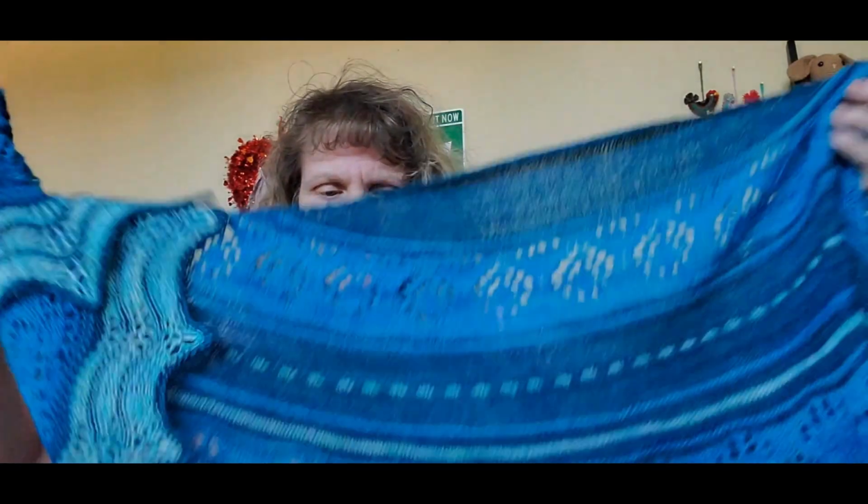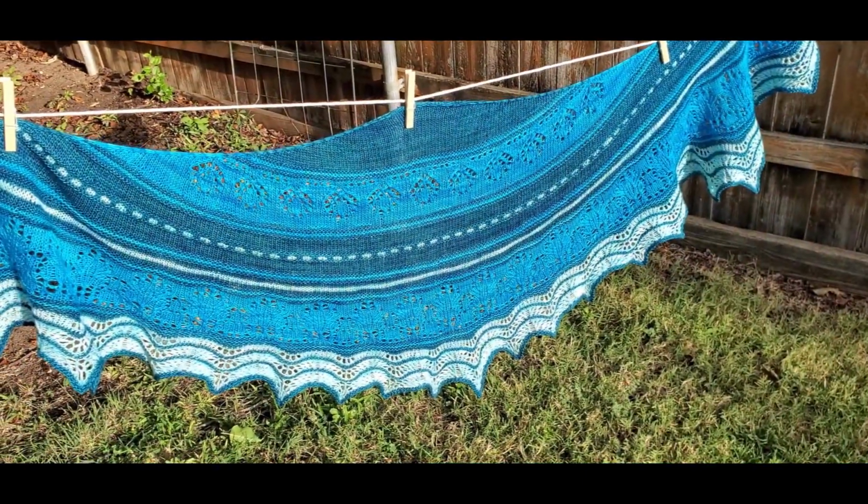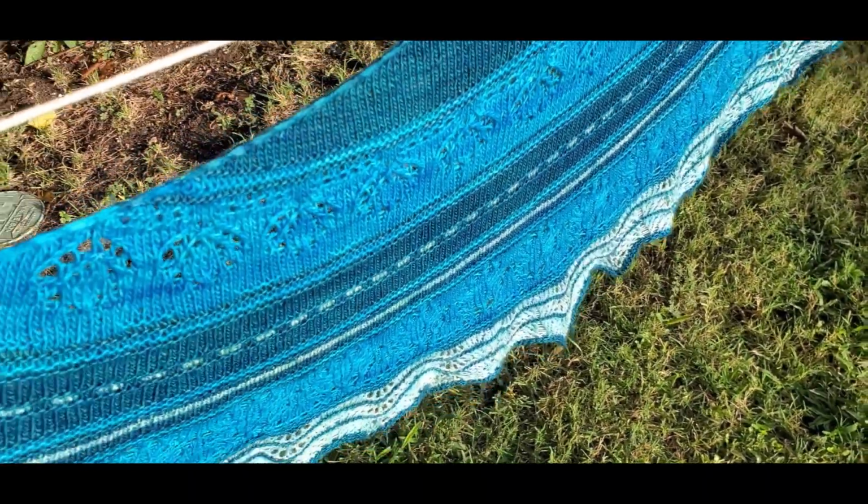I think the last time I showed you guys, I was right here at the bottom of section 4. You had not seen this new section with the feather and fan and then the bind off. Those were the last 2 clues, and it just turned out really cute. I used most of the color A and had quite a bit left over of the color C and